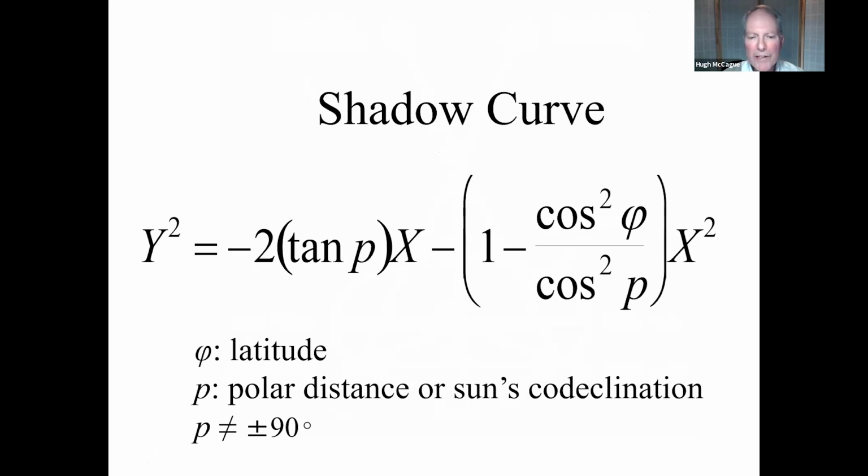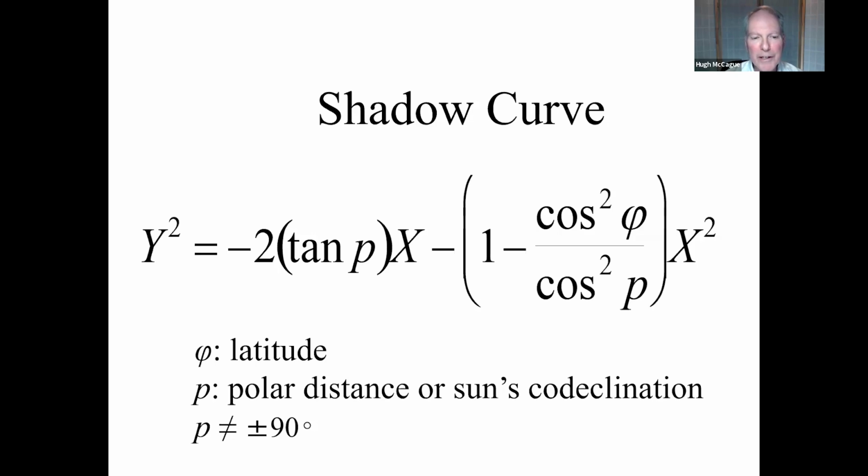You may have been wondering, what is that path that the apex, or the tip, of the shadow makes away from the gnomon as it moves and forms a locus of points over the course of the day? Well, actually, it can be expressed by this equation. It's an approximate form, but it's extremely close. You may remember from high school that this reminds you a lot of a conic section. You remember parabolas and hyperbolas and ellipses, with the special case of a circle?